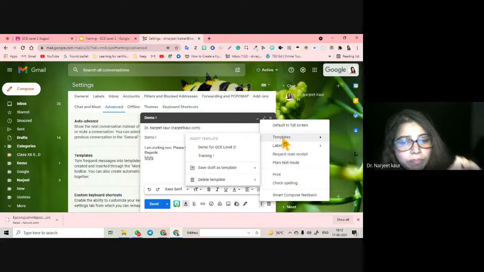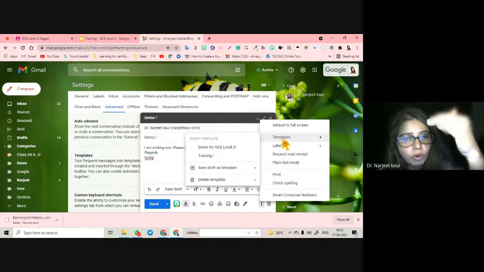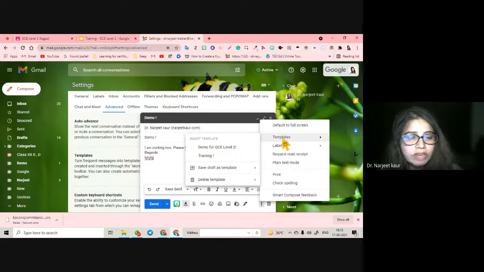So it's a good practice, though it is not going to be tested in the exam. You're just going to be given a template plainly. It is not going to be tested, but I'm telling you, whenever you are creating a template, delete your default signature before saving it. Why? Because when you are sending the mail, template or no template, your signature will definitely be added later also, right?